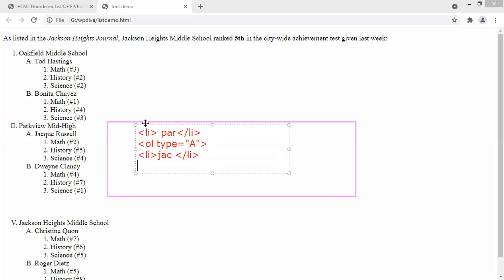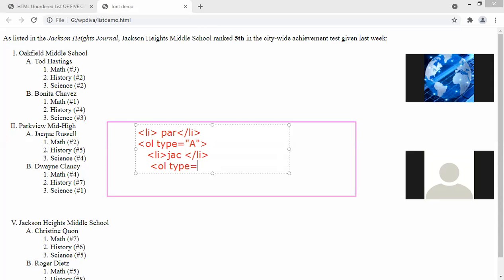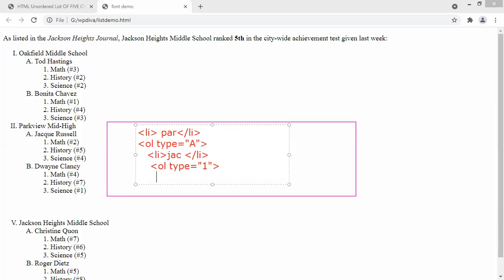Then what I will do, guys, after completion of that, I will form one more ordered list. Why? Because under Jack we have one more ordered list whose type is in the form of numbers, right? Then I am going to take three lists. One list is for math, and I will close that list. So similarly, I will form three LIs. Do you agree?